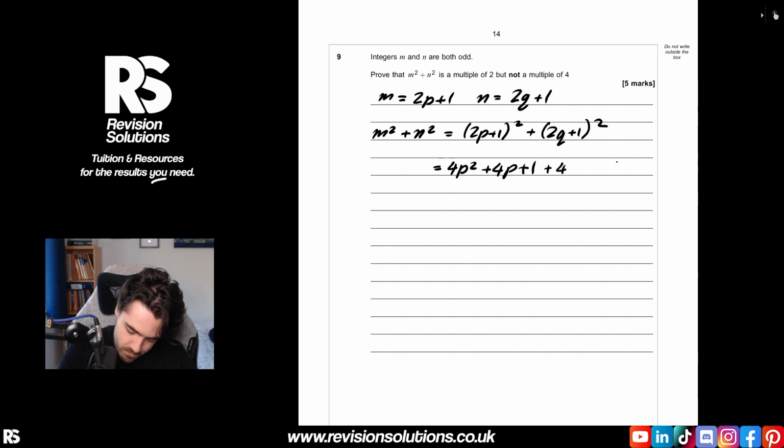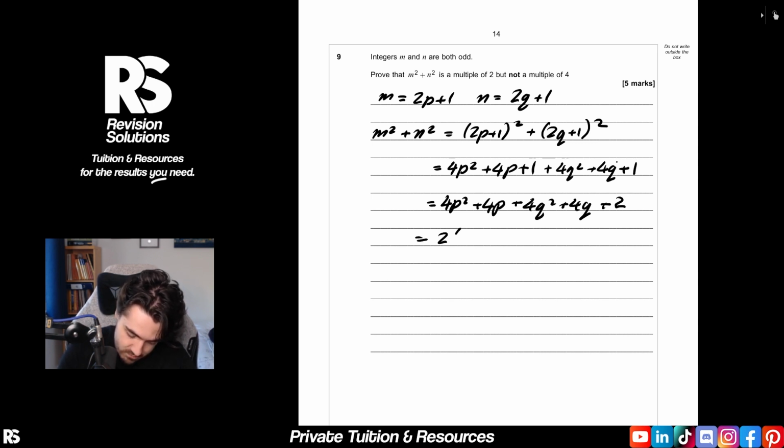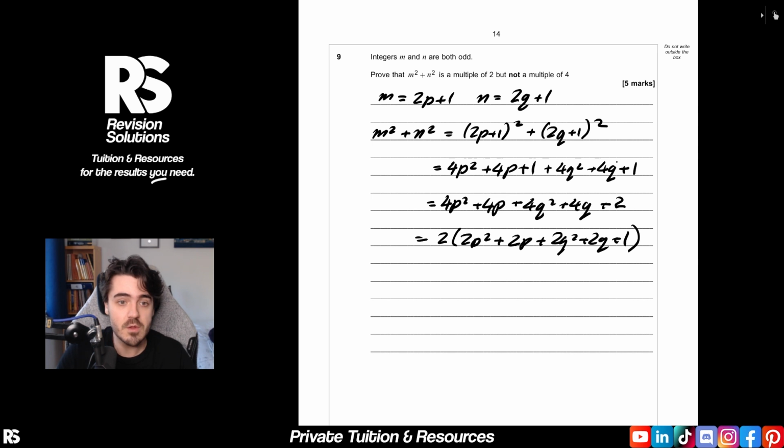Expanding out those brackets, we'd get 4p squared plus 4p plus 1, plus 4q squared plus 4q plus 1. Collecting the constant terms, we're just going to get 4p squared plus 4p plus 4q squared plus 4q plus 2. So it's definitely a multiple of 2, because if we pull out a factor of 2 from all that, we can do that. So that would leave us with 2p squared plus 2p plus 2q squared plus 2q plus 1. So that's a multiple of 2,